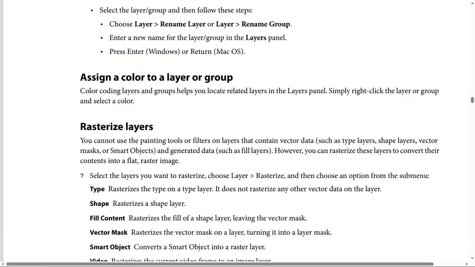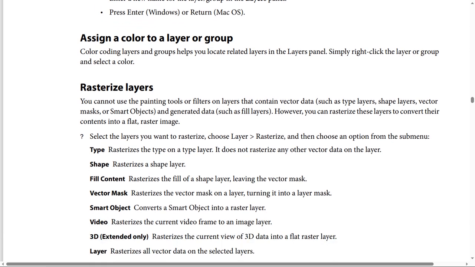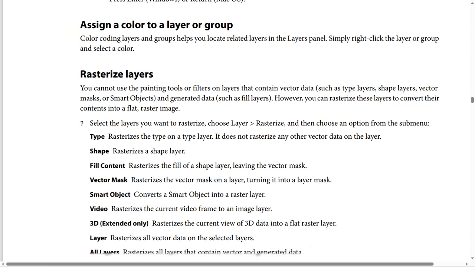How to rasterize layers? You can use the painting tools or filters on layers that contain vector data, such as type layers, shape layers, vector masks, smart objects, and generated data such as fill layers. However, you can rasterize these layers to convert their contents into a flat raster image. Select the layers you want to rasterize, then choose Layer, then Rasterize, and then choose an option from the submenu. Type rasterizes